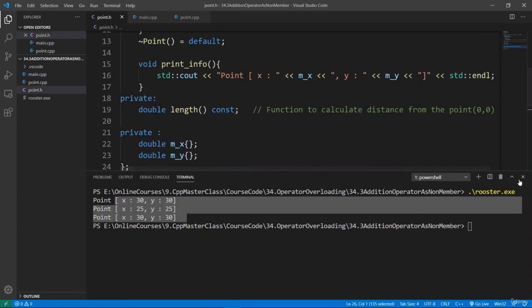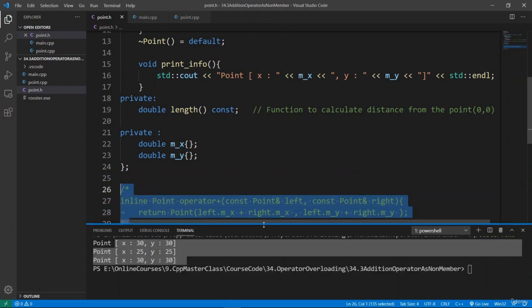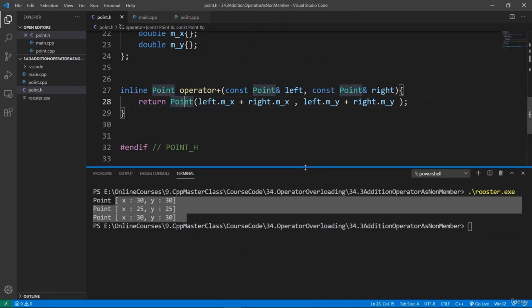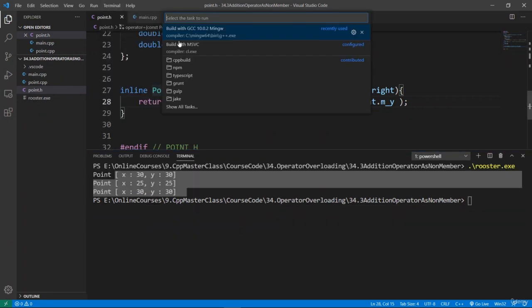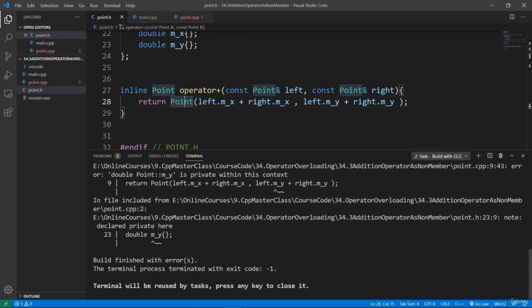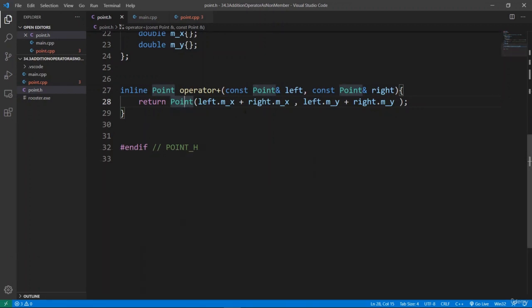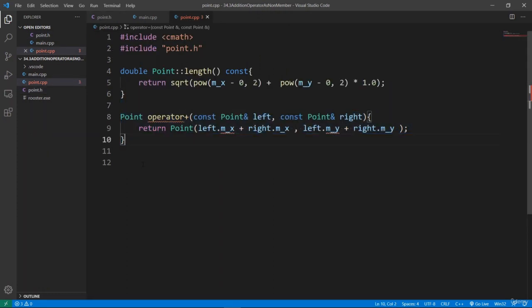One thing you should make sure of is that you don't have both implementations in. If you leave the one in the header file in, now we're going to have two definitions for the operator plus, and the compiler is going to be confused. You're going to get a compiler error. So make sure that you just have one of these in, and it is going to be fine. And if we go down here, we're going to see that we have the operator plus redefined multiple times. One definition is in the header file, the other is in our .cpp file, and the linker is going to be confused as to which to choose, and you're going to get this error here,